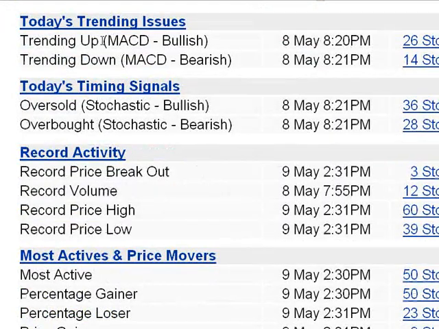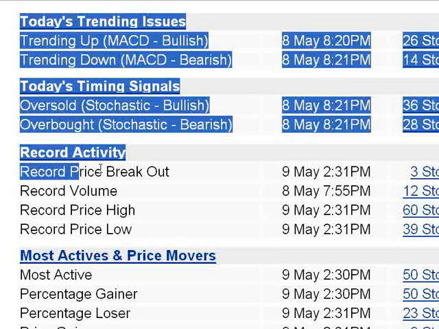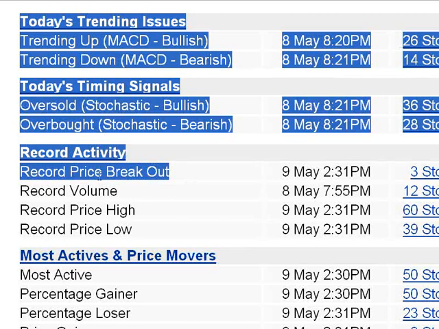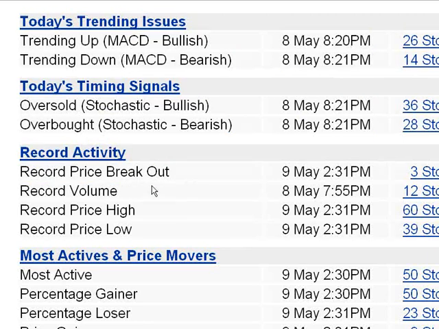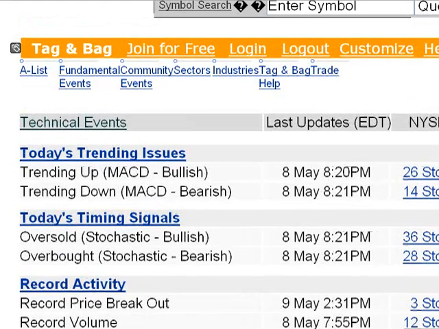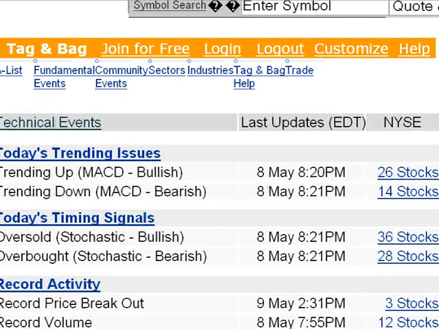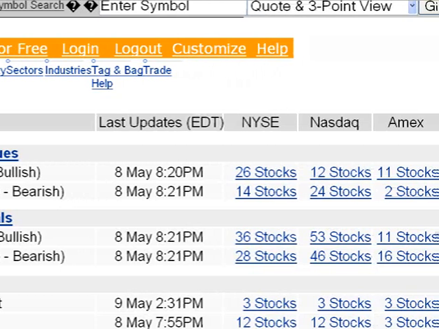And you can scroll down, you can see today's trending issues, today's timing signals, record activity. That's exactly what we want. This right here where it says record activity, record price breakout. And if you scroll to the top here, you can see that record activity and all these different stocks are